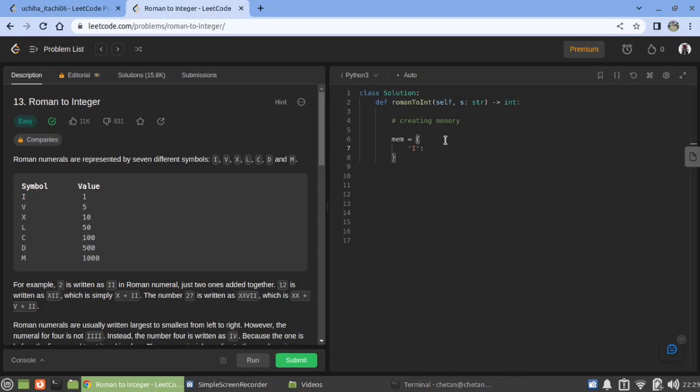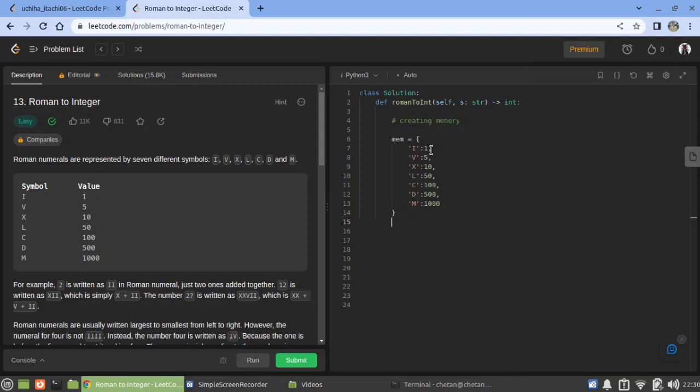So I means 1, V means 5. So as you can see here, I created memory